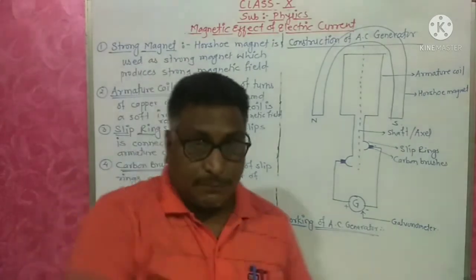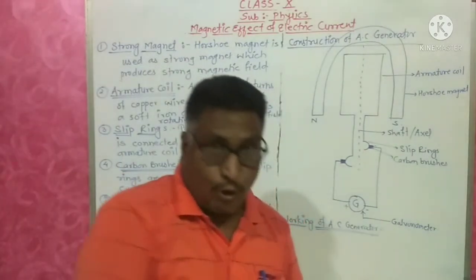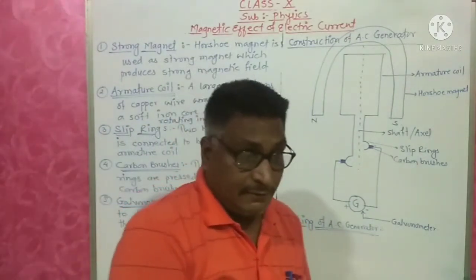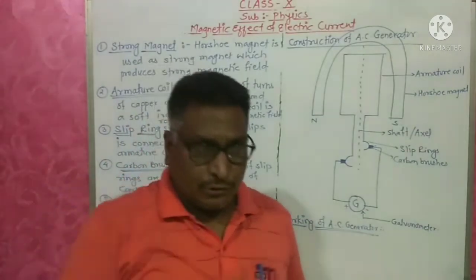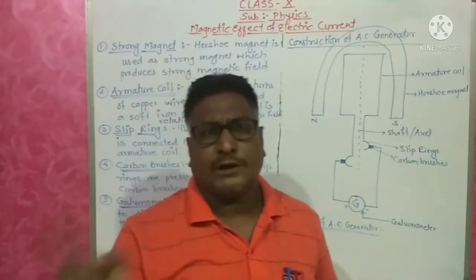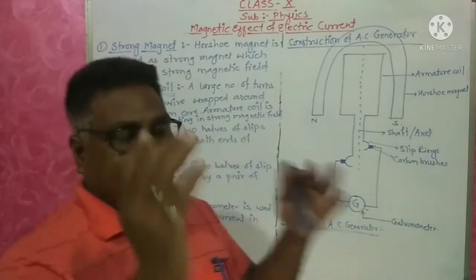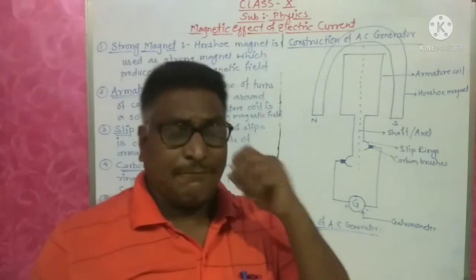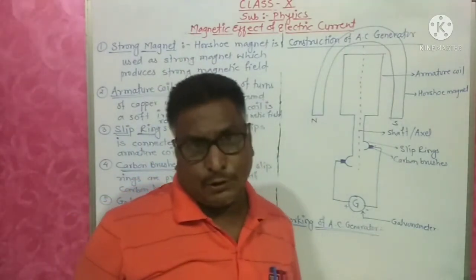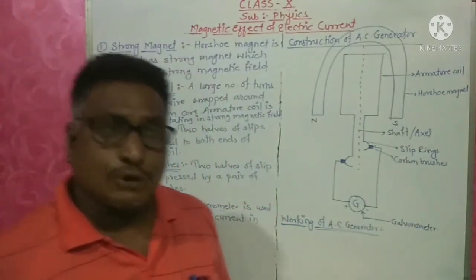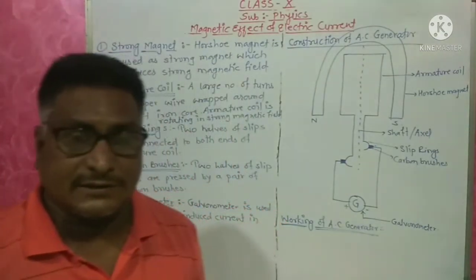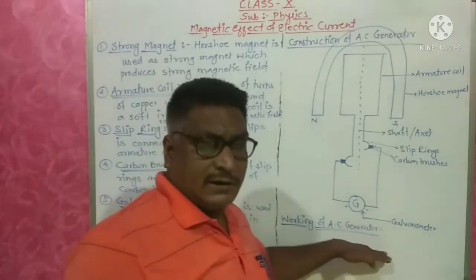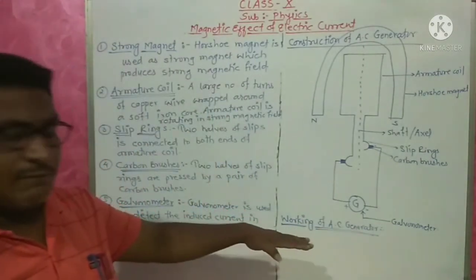You see, after pulling that rope, the armature coil moves inside the generator, and when we pull fast, the armature coil rotates continuously in the magnetic field and electricity is generated. In our day-to-day life we observe that whenever current is not there, in shops they use small generators. So how does this generator work?